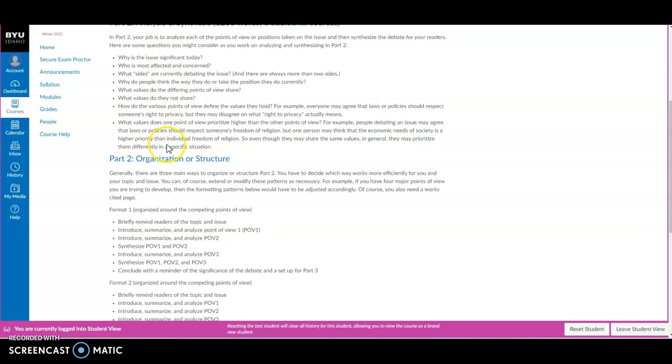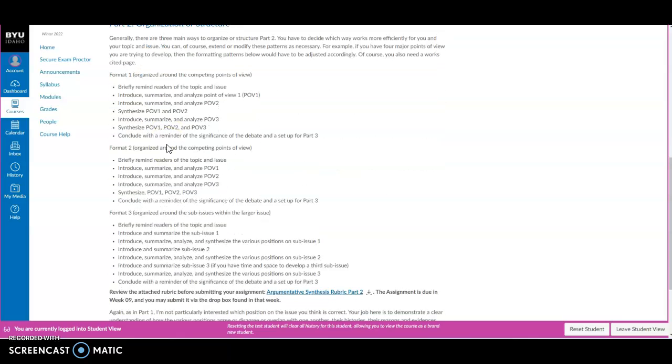Continue to read over this information. Organization or structure for part 2. There are 3 ways you can structure your essay. Number 1 and number 2 are the most popular, with number 2 being the most popular because you introduce, summarize, and analyze each point of view or each position, and then you synthesize it all in a couple paragraphs and